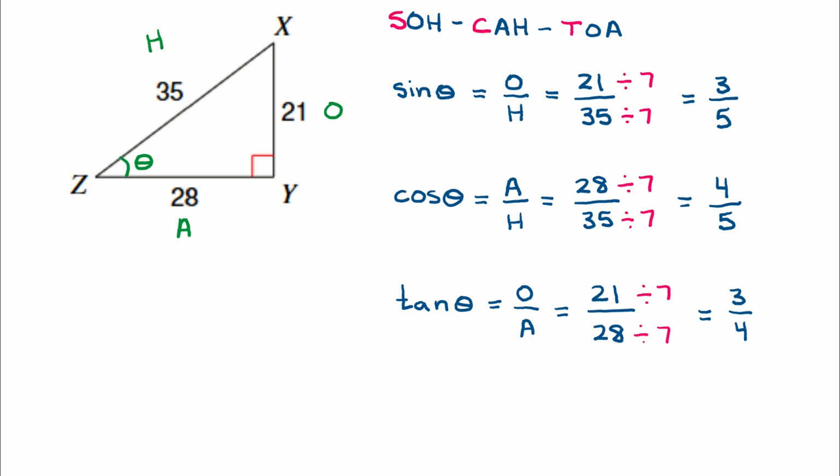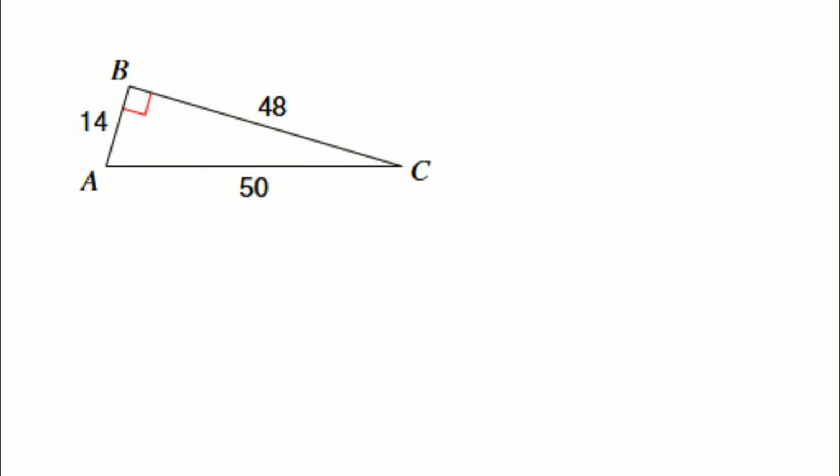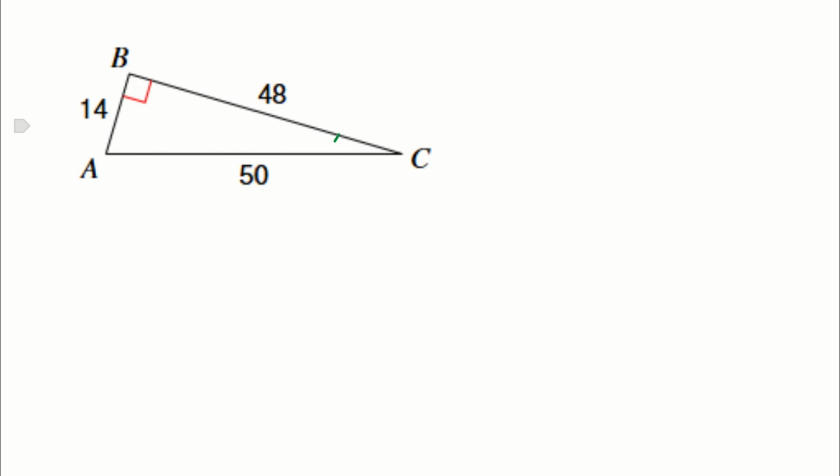Let's look at one more example of this. So in this example, let's say we're working with angle C. I'm going to call that theta. That would make our opposite side the 14, the adjacent side to be our 48, and our hypotenuse to be the longest side opposite of the right angle, which is the 50. If we look at SOHCAHTOA,